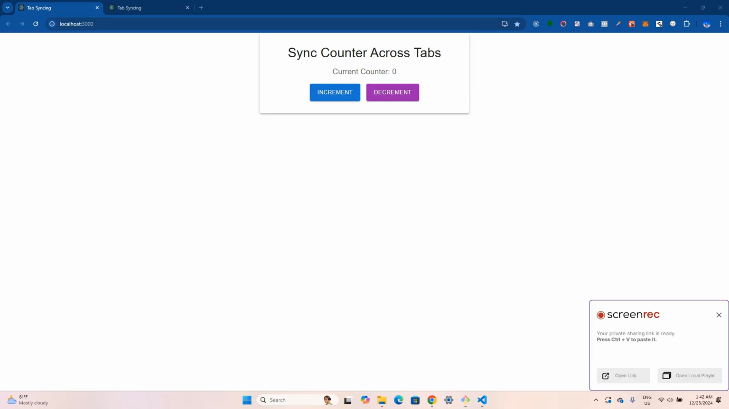Hello guys, so we are back with an interesting topic, which is syncing state across tabs. So we can increment the counter here, we see it syncing here, increment the counter from this tab, seeing it synced with the other one, decrement, and it's synced. So it's pretty interesting, and this could be very